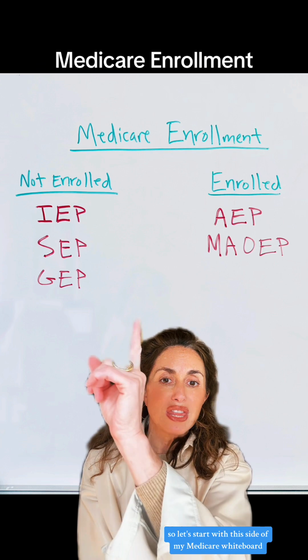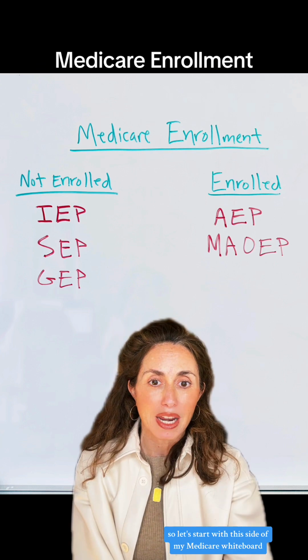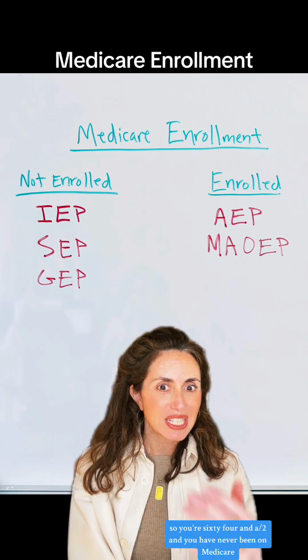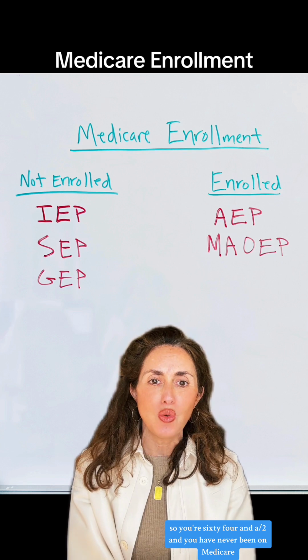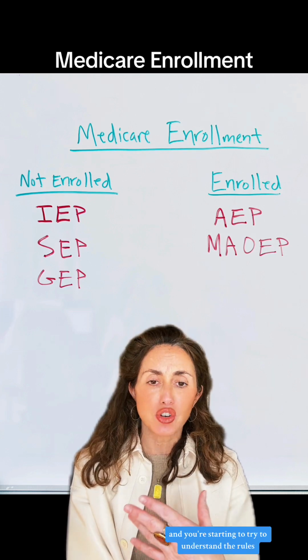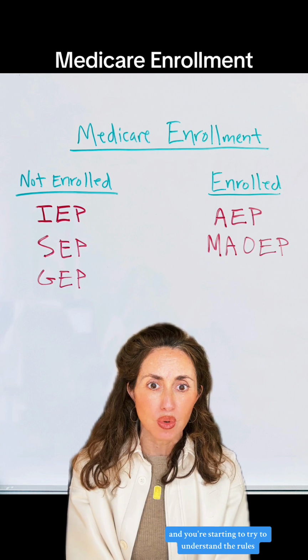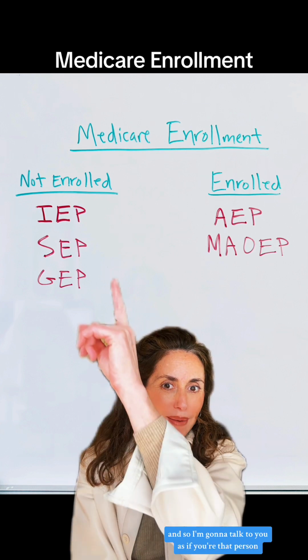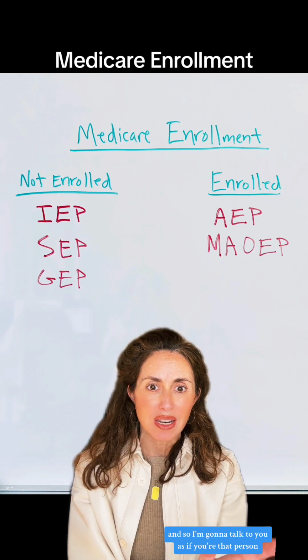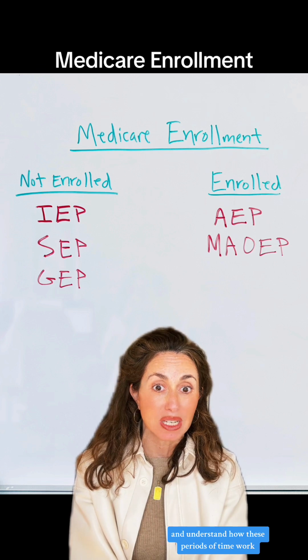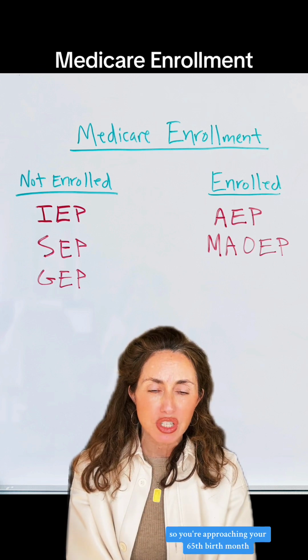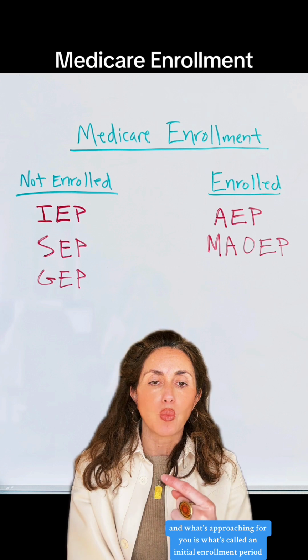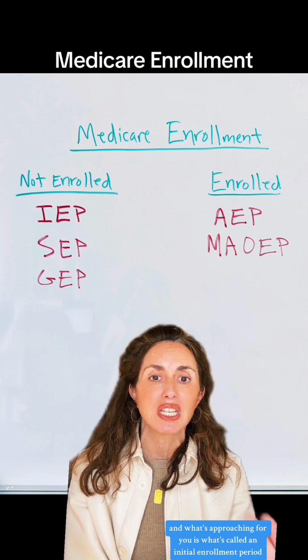So let's start with this side of my Medicare whiteboard. So you're 64 and a half and you have never been on Medicare and you're starting to try to understand the rules. And so I'm going to talk to you as if you're that person and understand how these periods of time work. So you're approaching your 65th birth month, and what's approaching for you is what's called an initial